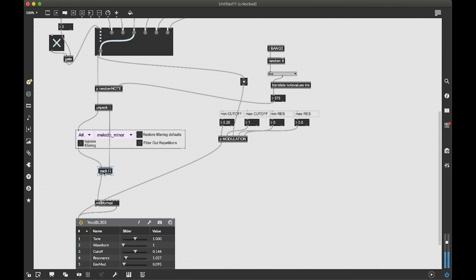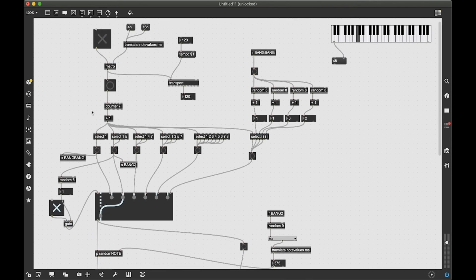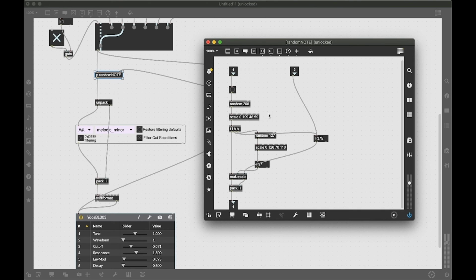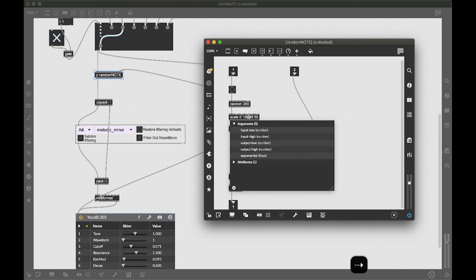It could be interesting also being able to control the octave of all of these notes. And in order to do that, I'm going to go back into my random node here, and I will change this scale object. So instead of scaling it directly to 1 octave from 48 to 59, I'm going to get rid of that, and I'm just going to scale it from 0 to 11, 1 octave,